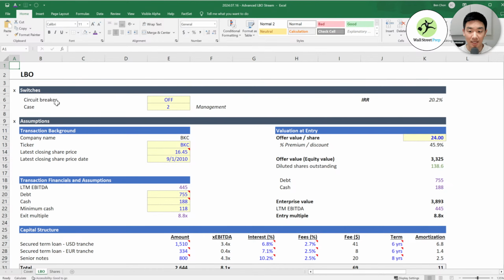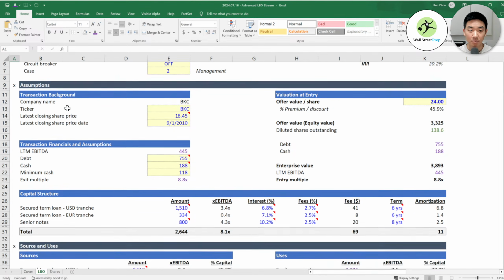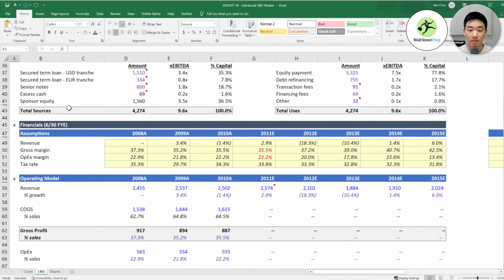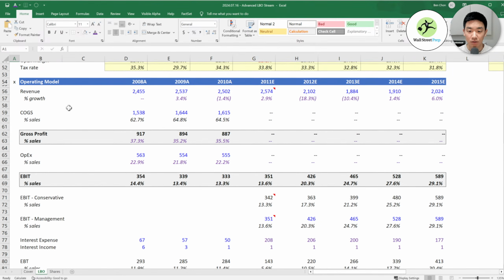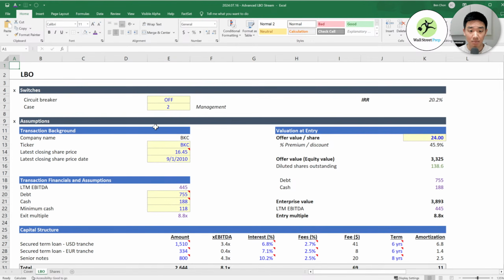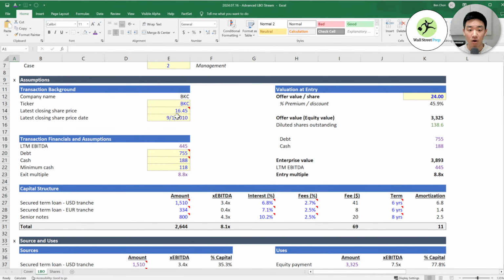You're going to be able to download this Excel for free later on, but I wanted to show you an overview of what we're going to be building, so you know what's in store. Starting from the top, we're going to be finding all of these assumptions ourselves. Whereas in the one previous LBO stream I did and my DCF videos, I had a lot of the information downloaded, for this stream we're going to be finding every single piece of information from filings.